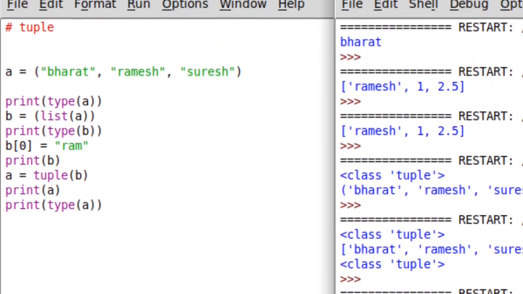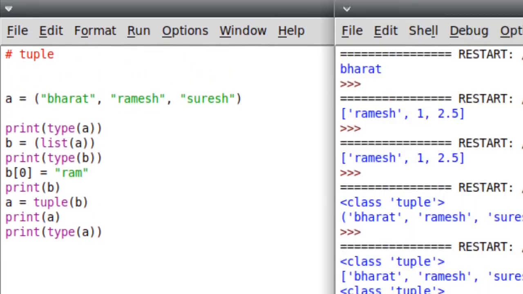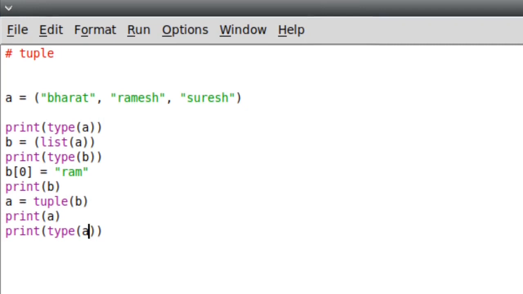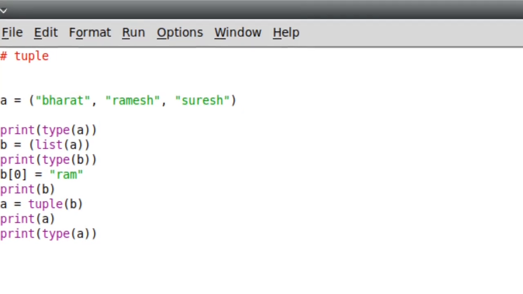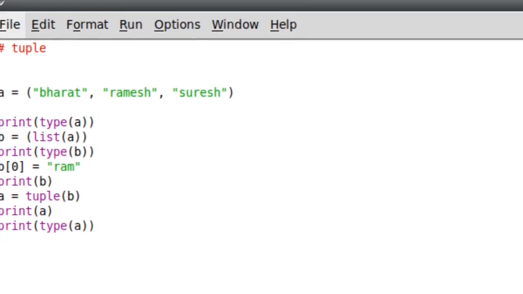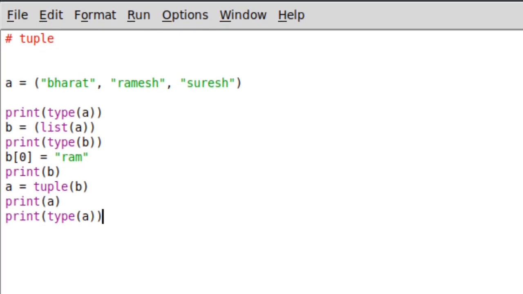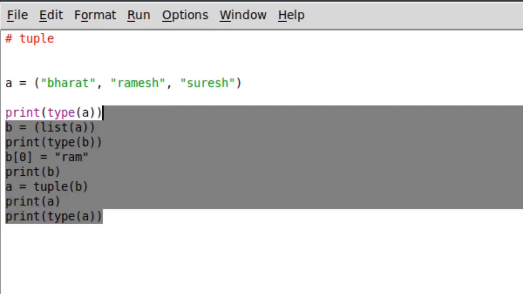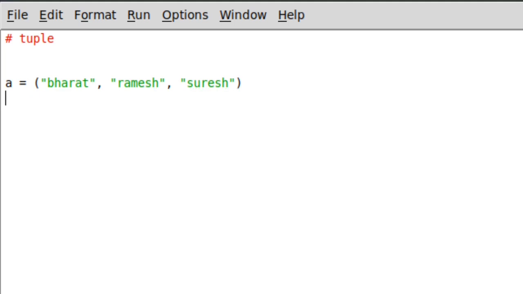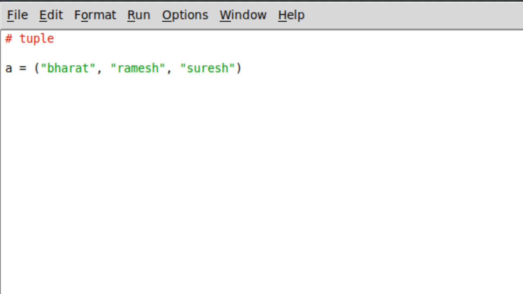So this is how you manipulate a tuple, and the same built-in functions you can use in the tuple. This is basically for when you don't want to change your values in Python, then you will use tuples. It depends on your situation and your program which thing you will prefer. I basically prefer list over a tuple, so I can easily manipulate that list.